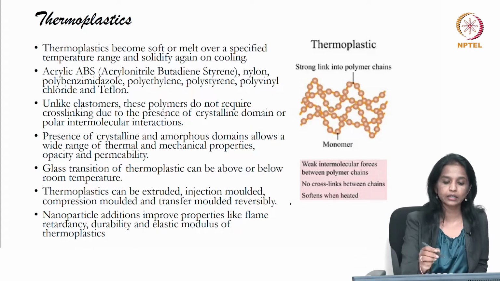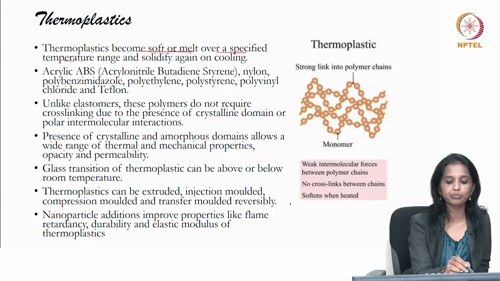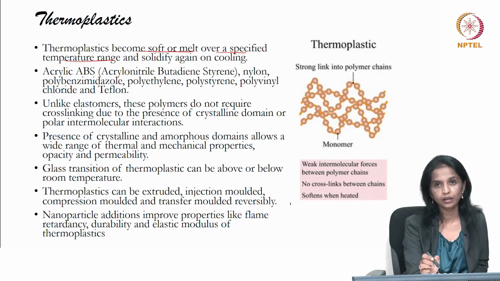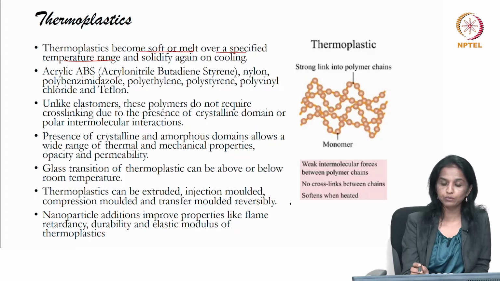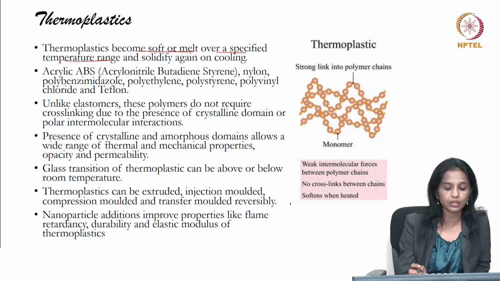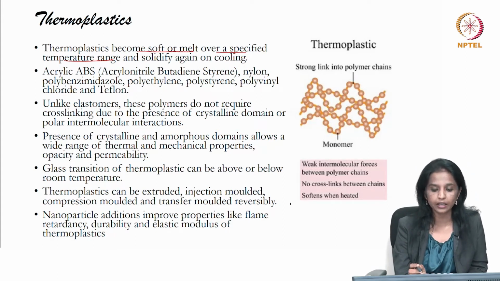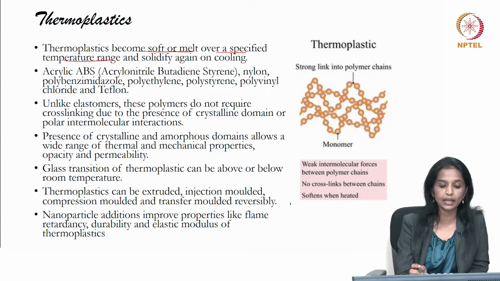So what exactly does thermoplastics mean? It becomes soft over a specified temperature range. It becomes plastic, or soft, at a particular temperature and becomes a solid again on cooling. Examples of thermoplastics are acrylonitrile butadiene styrene, nylon, polybenzimidazole, polyethylene, polystyrene, polyvinyl chloride and